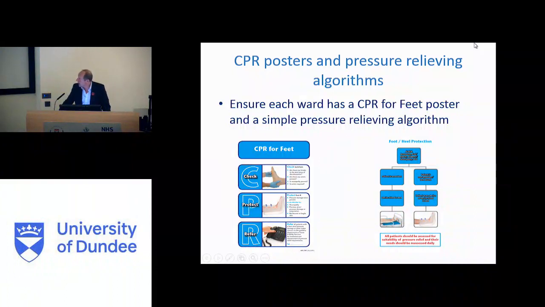And I think cleverly the way to do things is to make sure we have somebody assigned on each ward to take control. I was speaking to Mike earlier, and he seems to be completely all over it in Ward 4 here. And there were a lot of people nodding to say that they wish they had their Mike in every ward in the hospital. And I think that is not true just in Ninewells, but across the country. So these two simple laminated posters should be visible in each ward